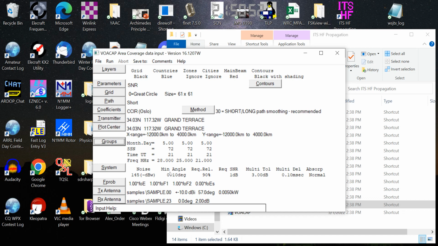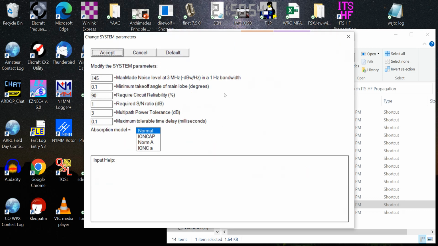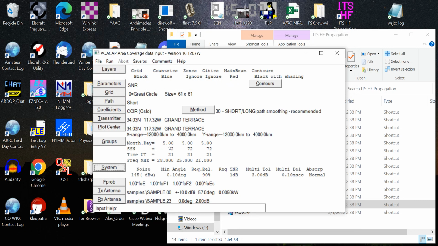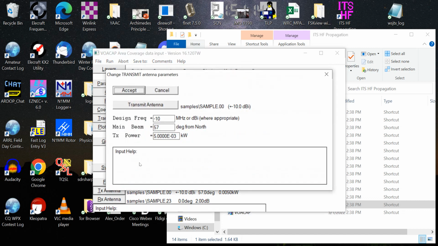Now for the system, I changed this a little bit. I changed the required signal to noise ratio to just 1, because I do a lot of CW, and that should be fine. I didn't really mess with anything else here. The transmitting antenna,